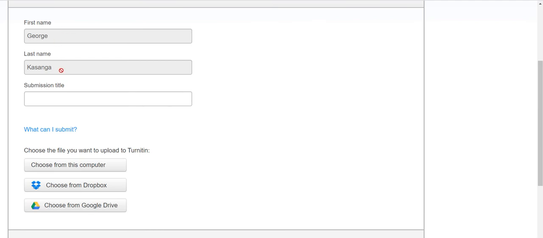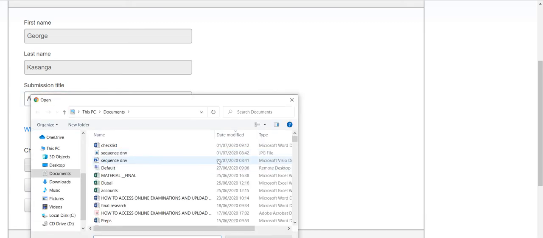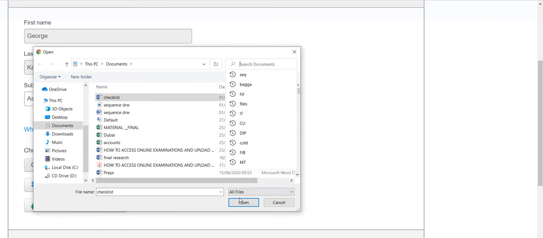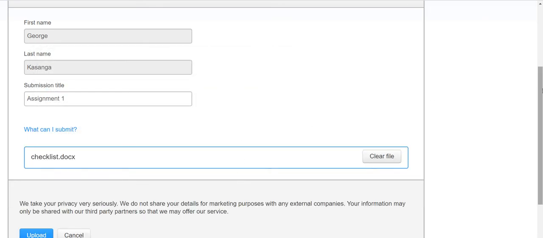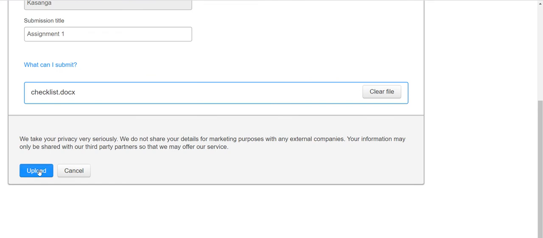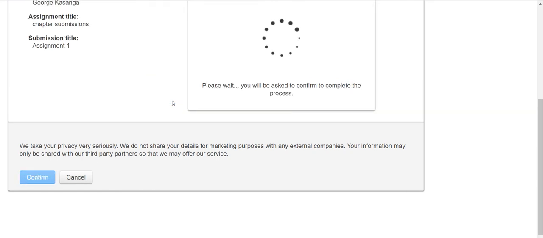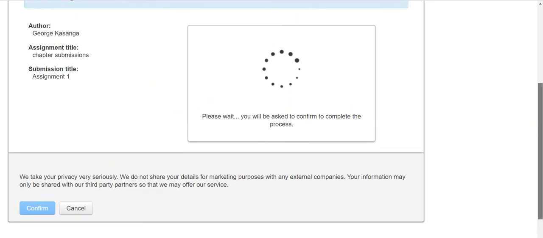The details are already filled in, so you provide the title, the assignment, then you choose the location. So let's say, for example, it's that. So then you click upload. So once it's uploading,